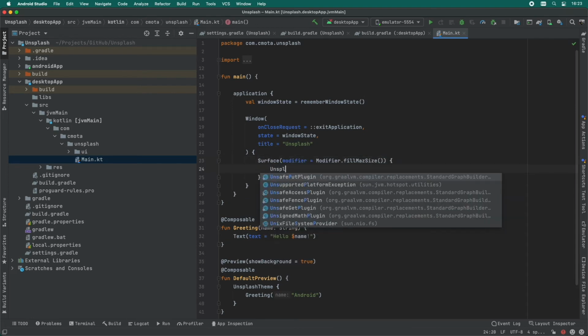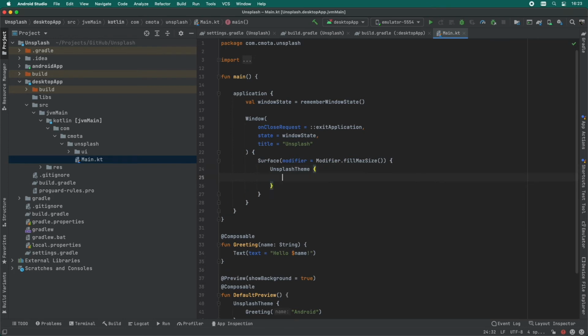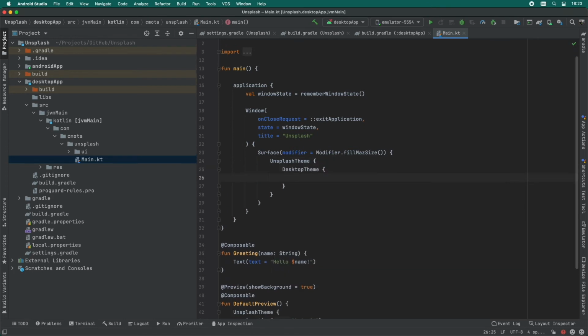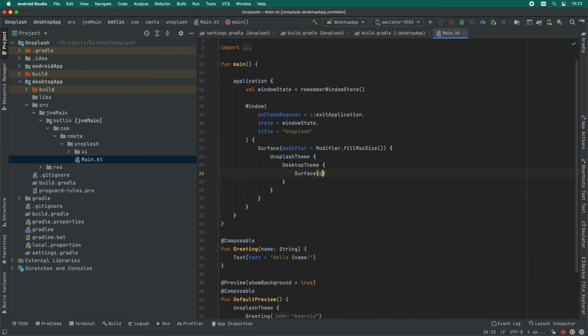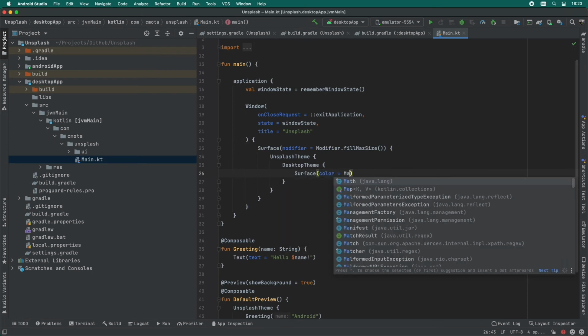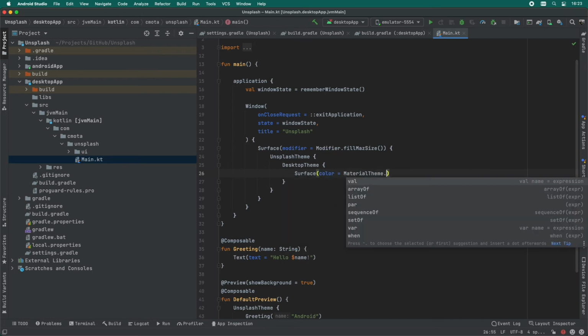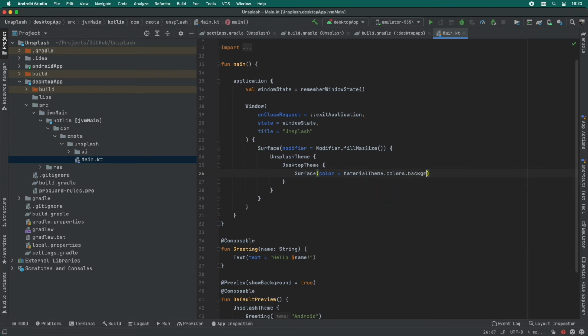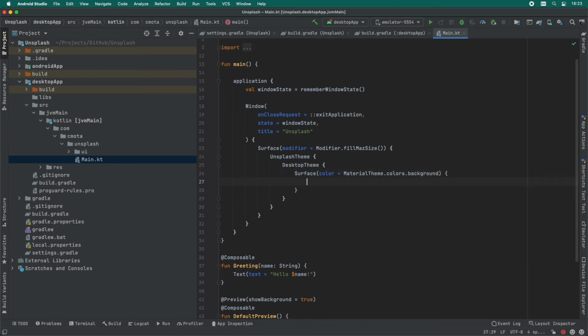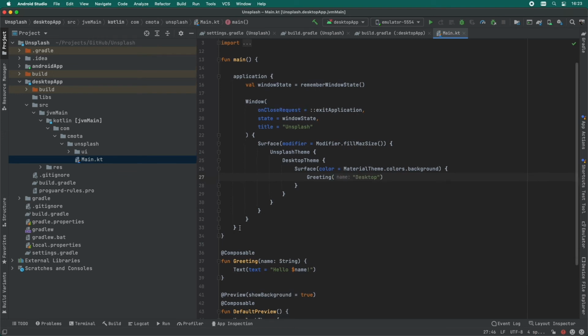We're going to use splash theme, and on top of it we're going to use desktop theme. This comes with the libraries, and we just want to have that feel of being a desktop application. Here we're going to call the greeting function and just hoping it says hello desktop.